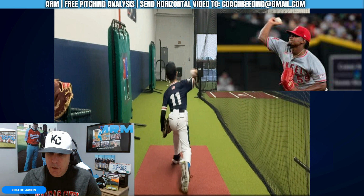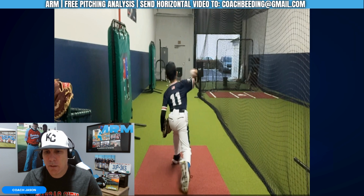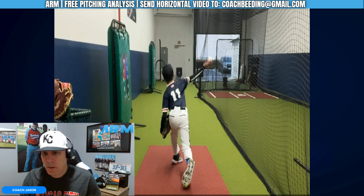So going through energy transfer, the hip is cleared here. It looks pretty good. This foot looks good. It's still on the rubber as he's going through his target. This is a pretty good, strong position to pitch from. As we go out,